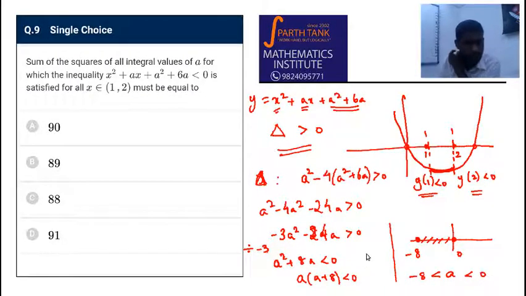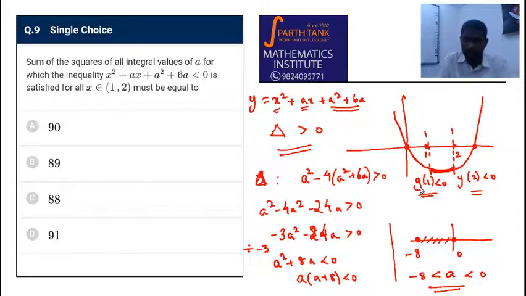Okay? It is a strict inequality, because if it is greater than or equal to, that would mean it will have only one root, and so it won't cover the whole thing. So for the time being, we neglect that case of equality. Okay. So this is one range we got.